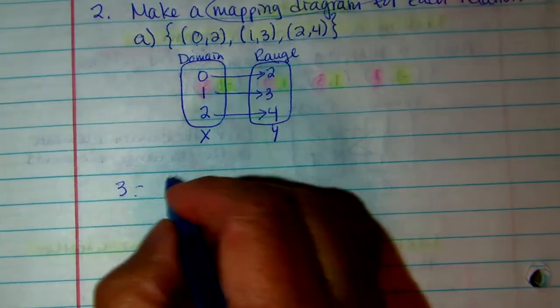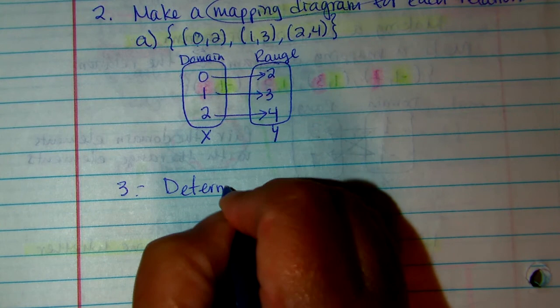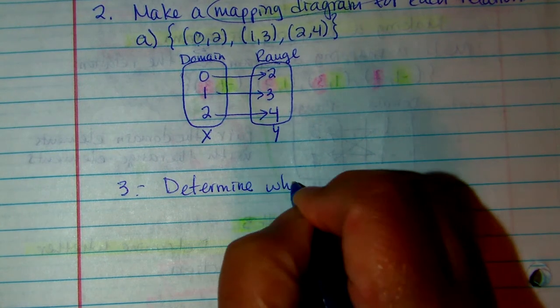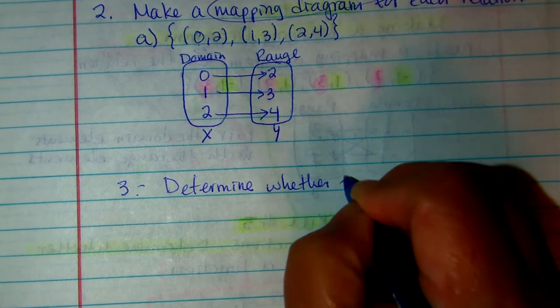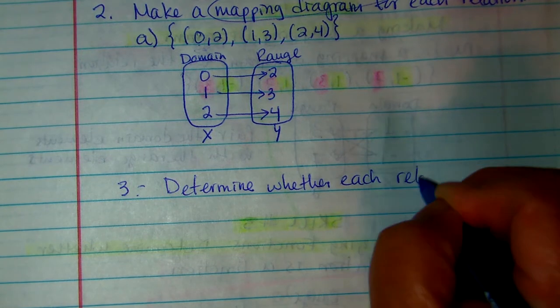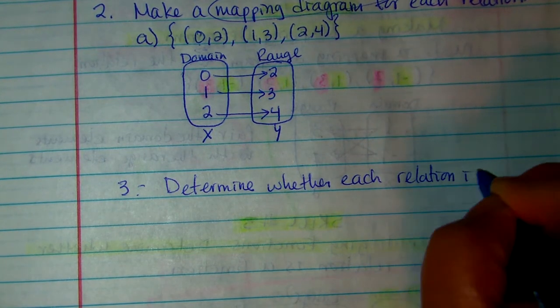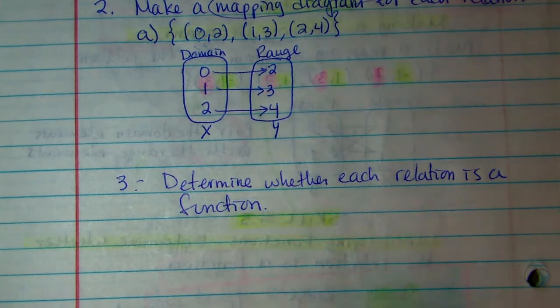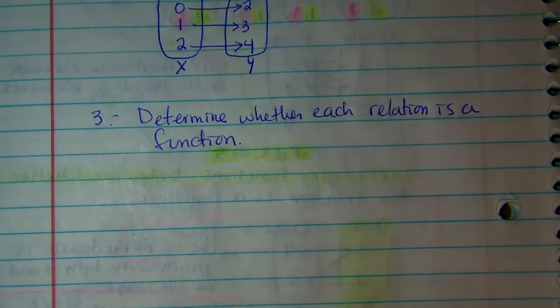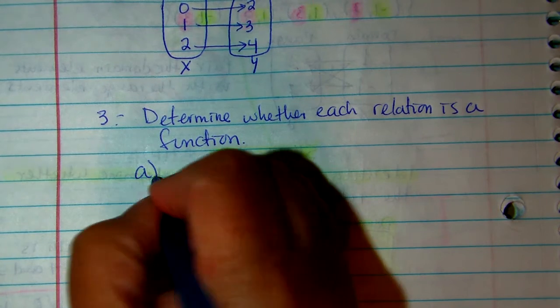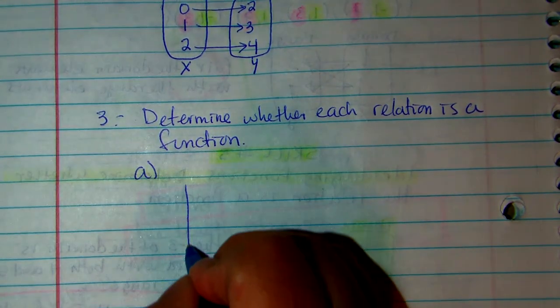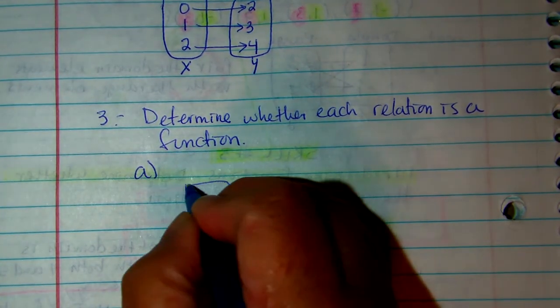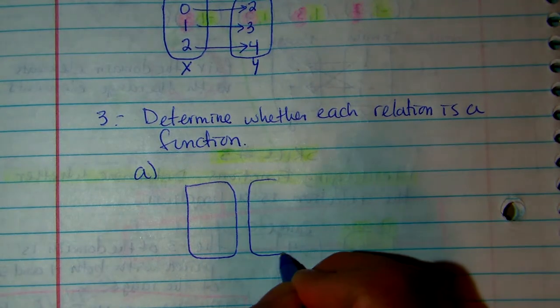And then number 3. Skill checkpoint for skill number 3. Determine whether each relation is a function. Okay, these are also very easy, very small. For letter A, we have this mapping diagram: